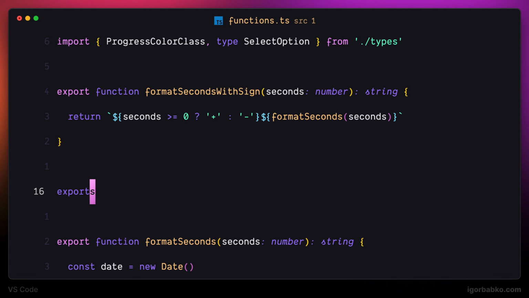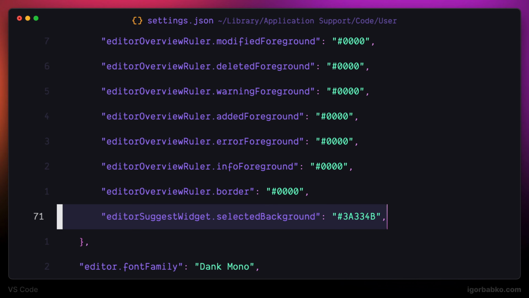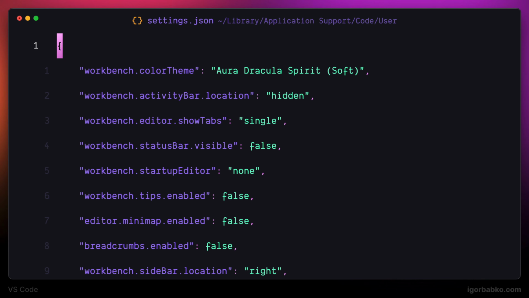Also, this color customizations object allows us to override colors for the particular theme, because currently all these overrides that we have put in here will be active no matter which color theme we use. So we can scope some of these overrides to a particular theme, and all we have to do is just